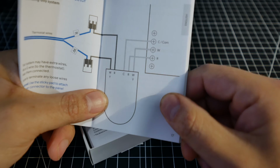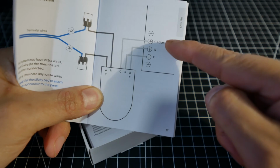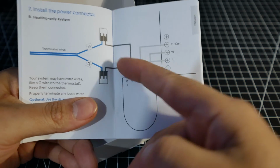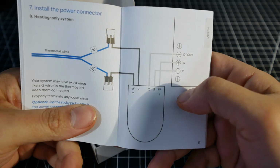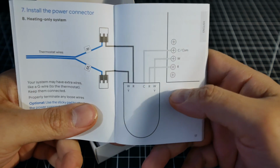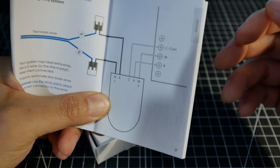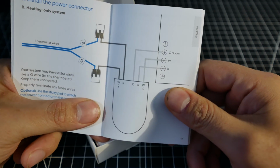So basically how it works is that it takes the W and R wire plus the C wire, combines them into two wires, and then somehow sends more power to the thermostat, which is pretty ingenious. It makes it a lot easier to install than rewiring your house. But yeah,